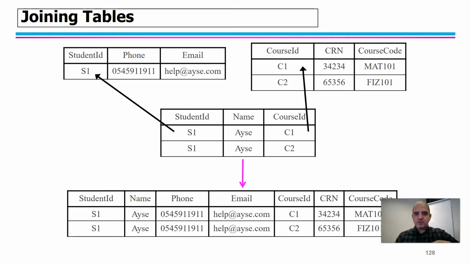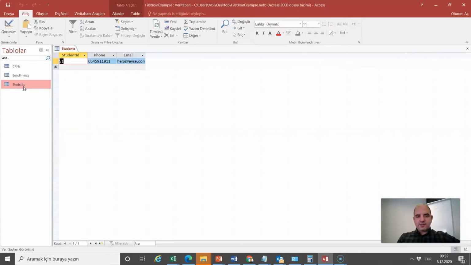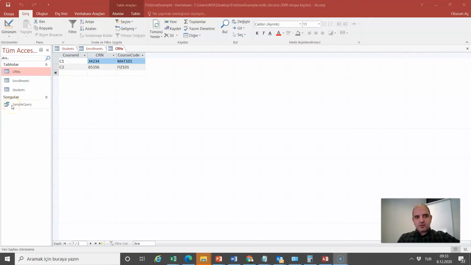Now let's take a look at the Access example. Here we have 3 tables, just like the one we had in the slide. We have students with the same data as in the slides, and the enrollments and the CRNs. When we have the correct SQL statement, you can write a query to integrate this data. So I double click on sample query,